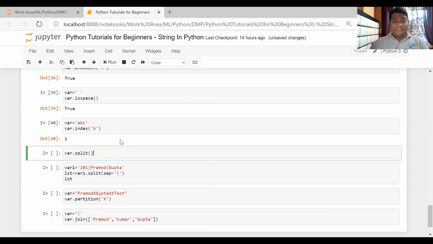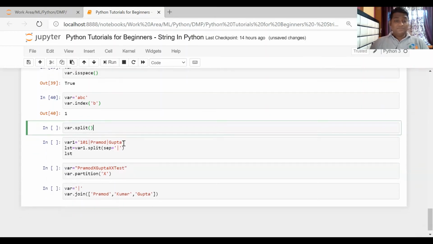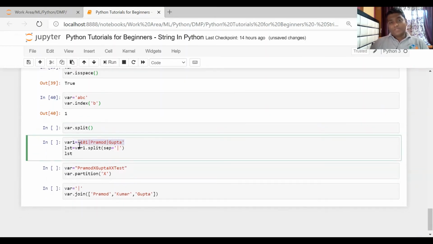Now talking about the split function, there is an inbuilt function available called split, for whenever your variable is separated by a particular delimiter. In this example, I am using a pipe delimiter. My variable is holding this data, and this data is delimited by the pipe operator. Suppose you want to split this data with the pipe operator and store each value into a list.